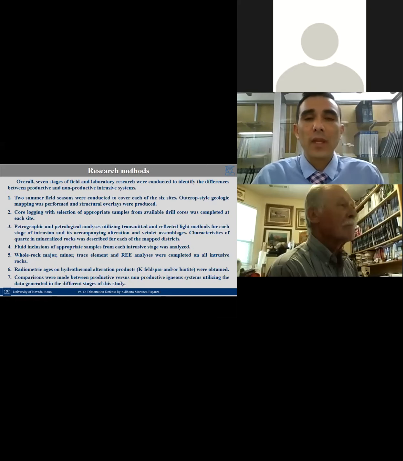So the research includes 7 stages, including fieldwork and laboratory. We start the fieldwork with outcrop-style geological mapping, including recording all the structural features and hydrothermal alteration evidence at surface. Core logging with selection of samples in order to complete petrographic and petrological analysis,